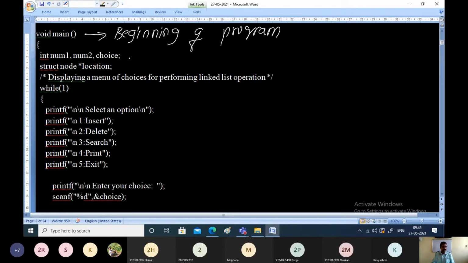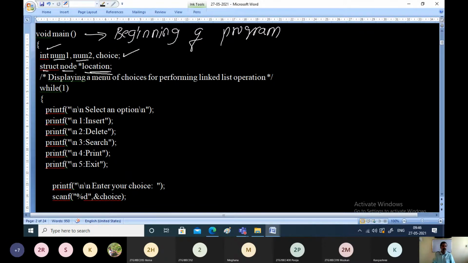So these are the required variables which we declare and use in our program. Num1, number2, and choice are integer variables. Struct node star location. If you remember, in the algorithms we used a node called LOC, that is location, to find the location of the element.